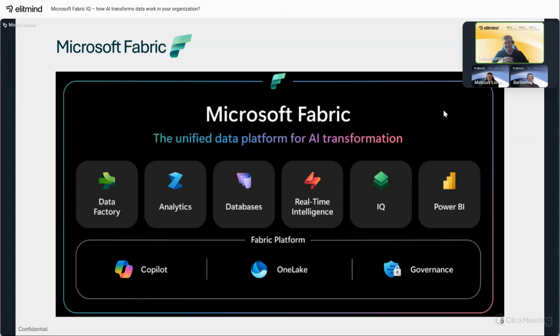Another workload is Data Factory. You may be familiar with Data Factory because there is something called Azure Data Factory, and this Data Factory is basically a very similar tool to ADF. So what is it? Data Factory provides a modern data integration experience to ingest, prepare, and transform data from a rich set of data sources.